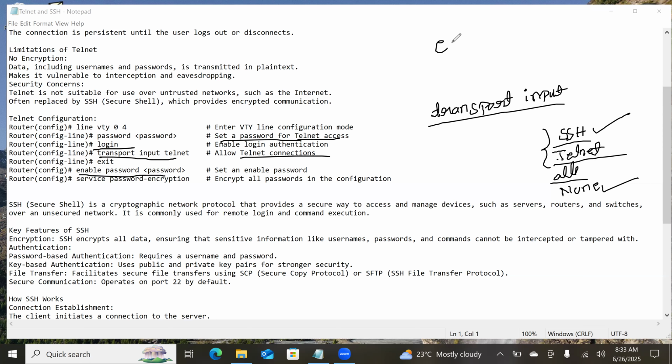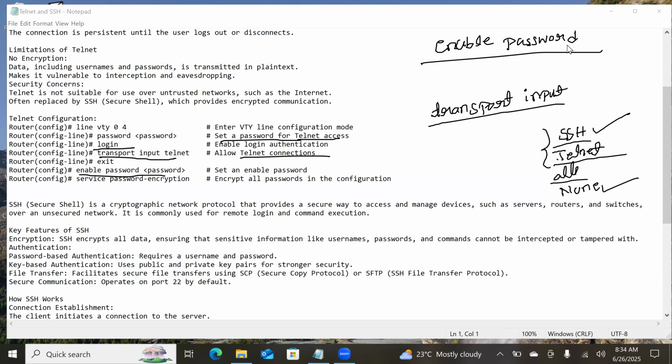So enable password is really important when it comes to remote connection. Why it is important? Even though anybody takes the access of the device, if you give the enable password, that is kind of a double password, I can say, double security. Understood? So getting into the Telnet or SSH, for that also you need login credentials, just like your username and password. And after that, if you go for the user execution mode,